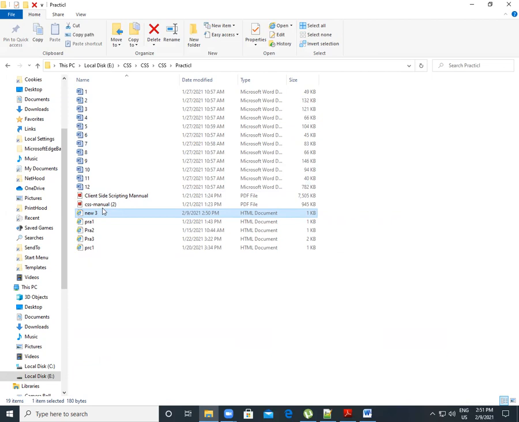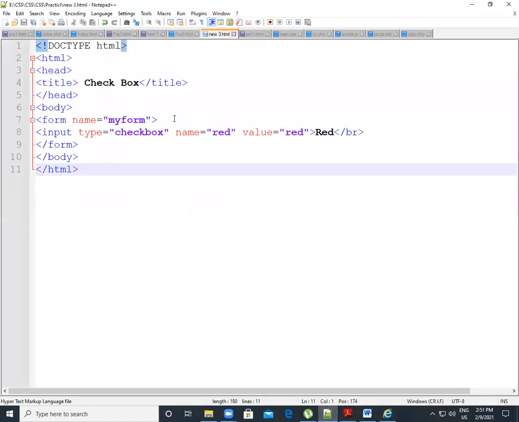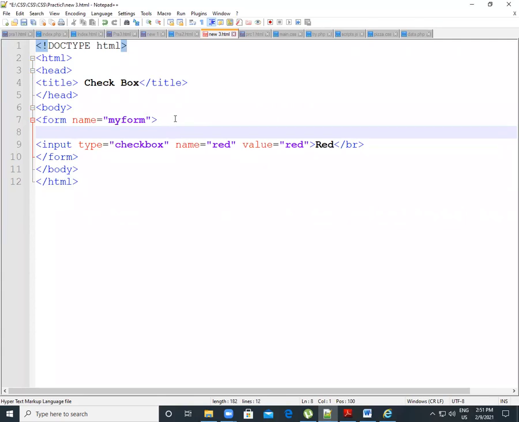You can choose Internet Explorer or Google Chrome for this. Okay. You can see that I give one checkbox here. That way you can give multiple checkboxes. Now let's write some text here for your selection.